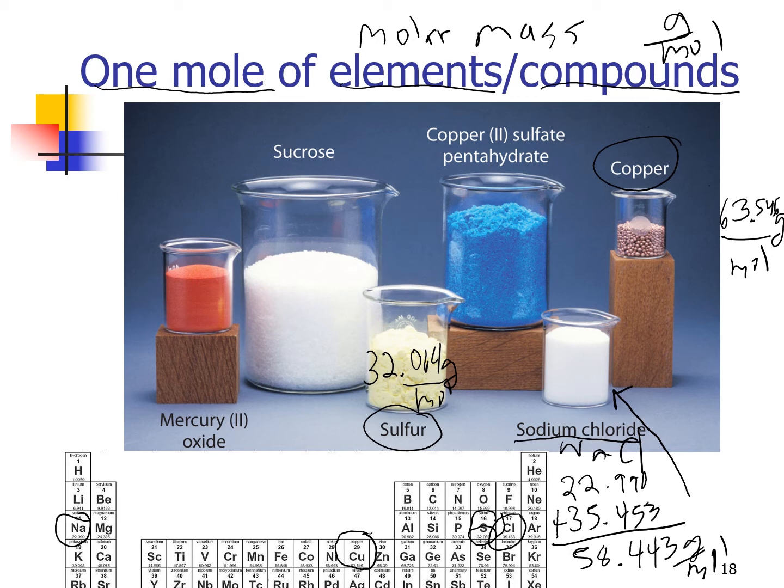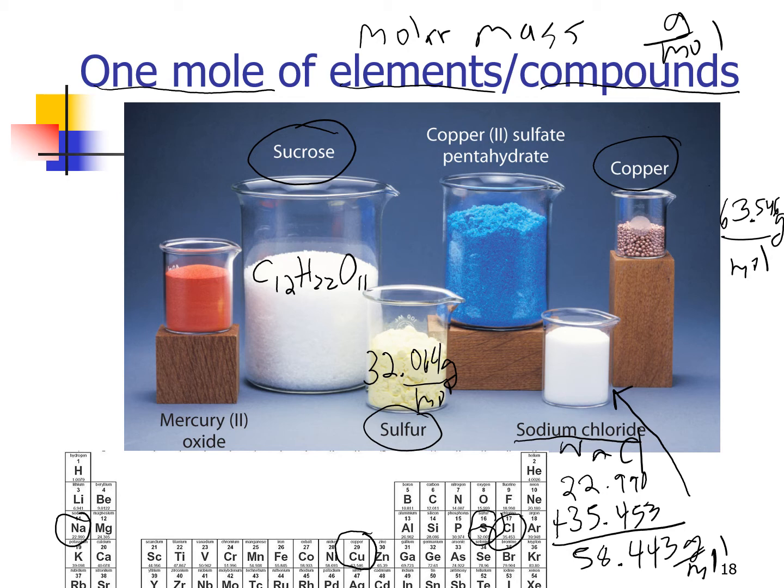The one that looks like it has the biggest mass here is sucrose. Looks like the largest amount in the beaker. And for sucrose, its molecular formula is C12H22O11. So if I wanted to know the mass for 1 mole of sucrose, again, I could go to my